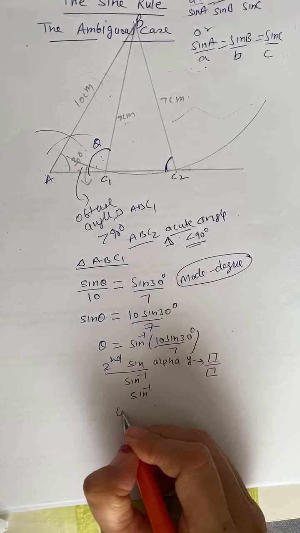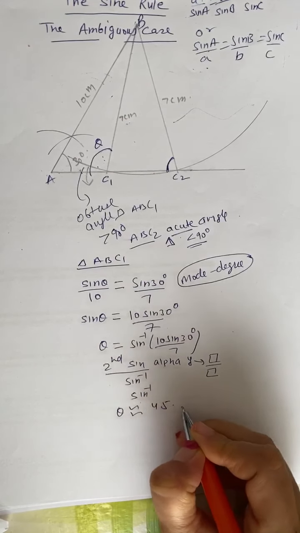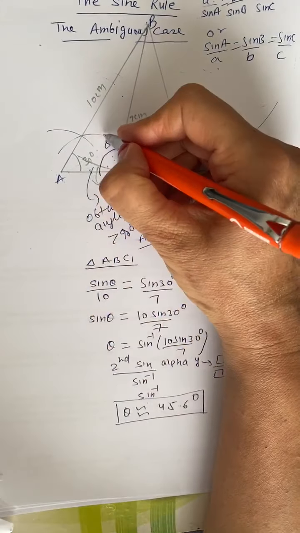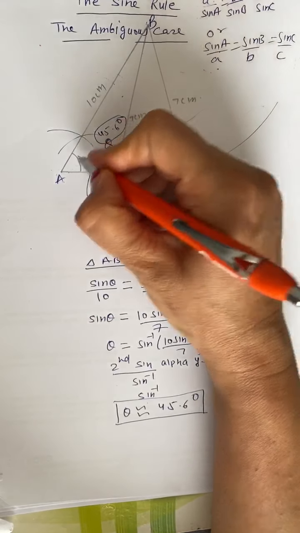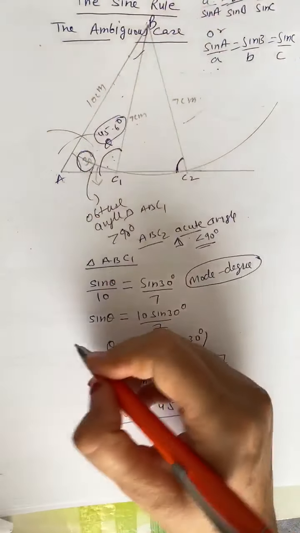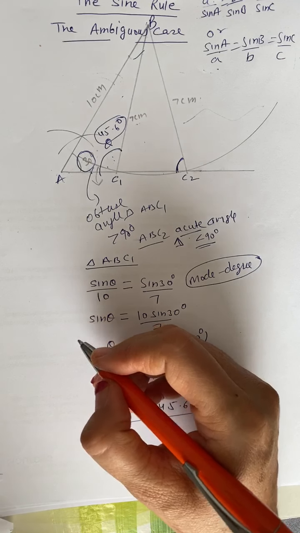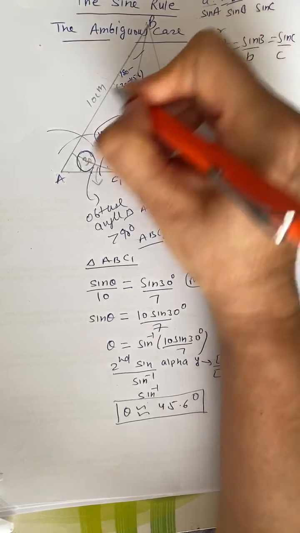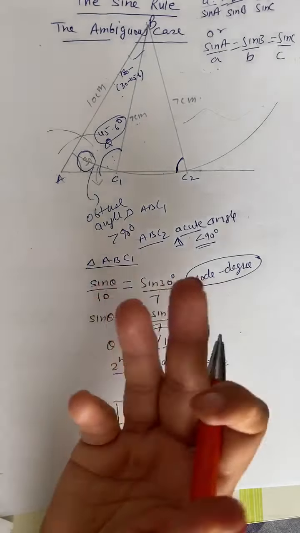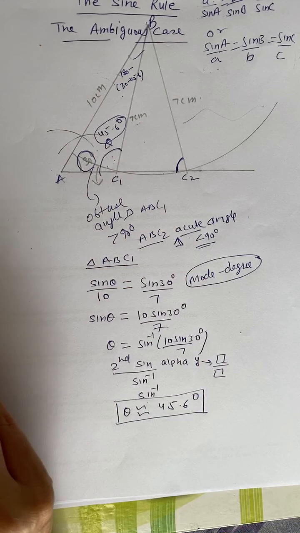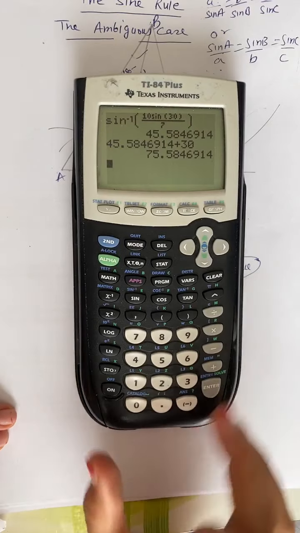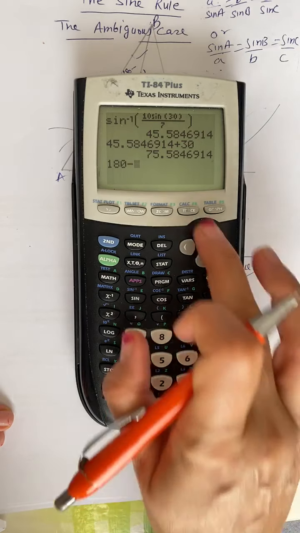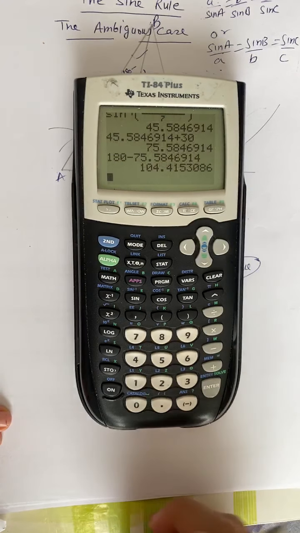So in this case, theta is approximately 45.6 degree. So you got theta as 45.6 degree, and here this angle is 45.6 degree, which means we already have 30 degree, and I can find this, and we know the sum of the angles in a triangle is 180. So this angle is going to be 180 minus 30 minus 45.6. I can use the exact value, because I'm using the calculator here. So I did 45.58 plus 30, and then 180 minus that, copying the value from above.